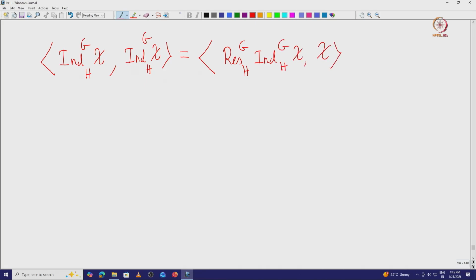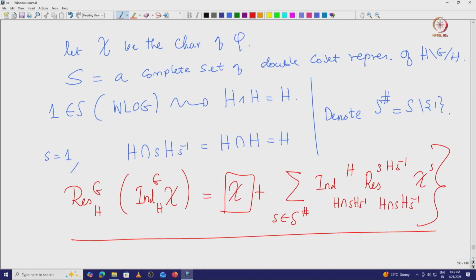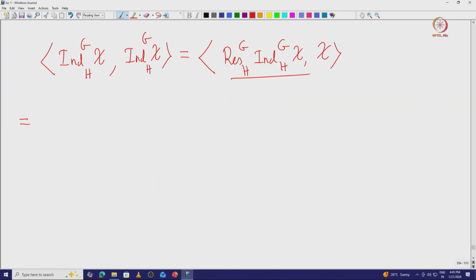So, this is the Frobenius reciprocity. Now, we can replace this by this. So, then what we get? We get exactly equal to chi inner product with chi